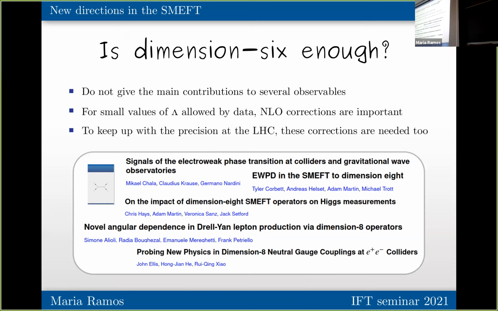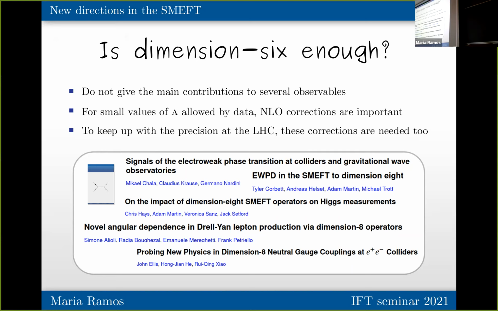So first of all, you can imagine that there are some observables to which dimension 6 interactions do not contribute. And in this case, the first contributions will come from dimension 8 operators. And if these dimension 8 operators, which contribute to a given observable, are only generated at loop level by the UV, then you should actually consider also the running effect from mixing with other tree-level operators, because that's how you